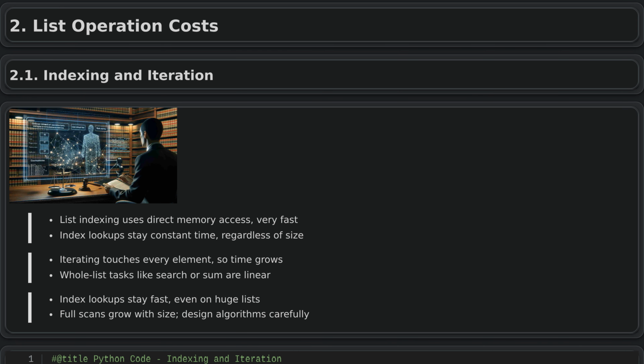List operation costs, indexing, and iteration. In Python, indexing is a key concept for working with lists. A list is stored in a continuous block of memory, so the interpreter can jump directly to any element based on its position. This direct access makes reading or updating an element at a known index very fast. Importantly, this access time stays roughly the same whether the list has a few items or millions of items, aside